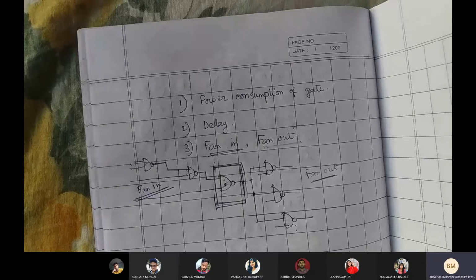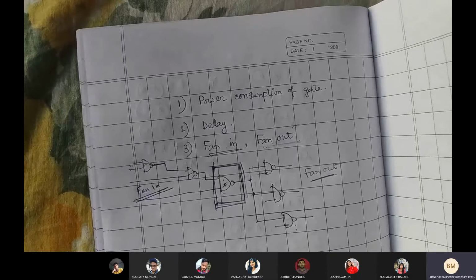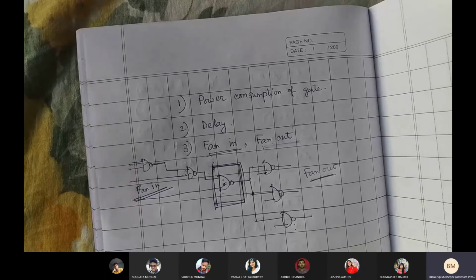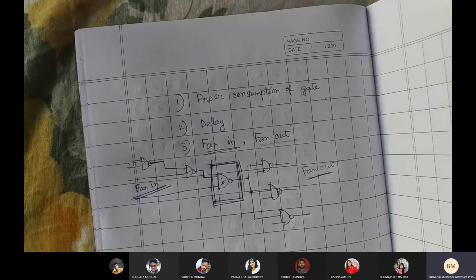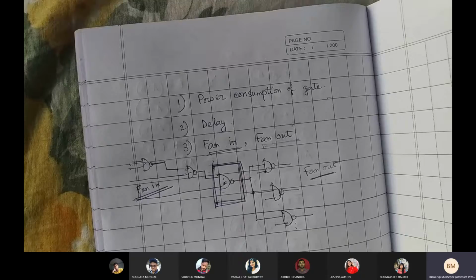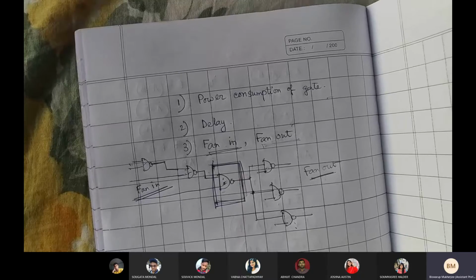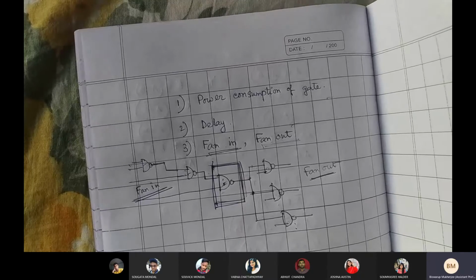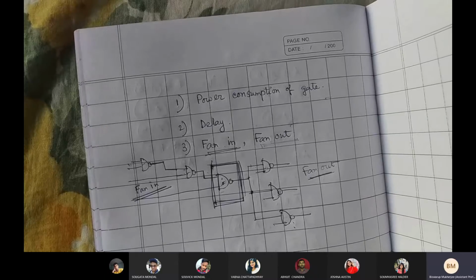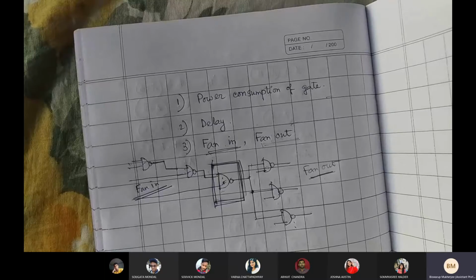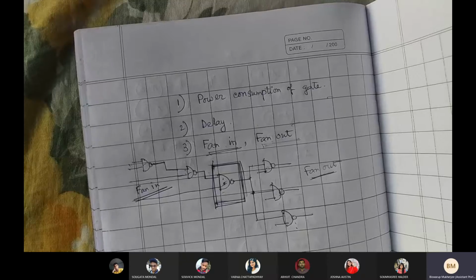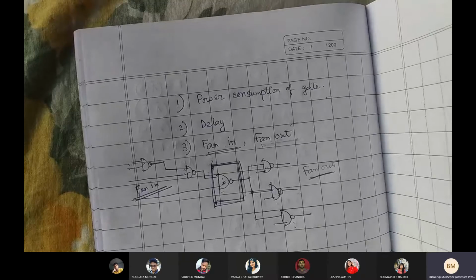Similarly, in digital circuits also, we try to make a circuit with similar kinds of gates. Similar kinds of gates will provide me a better response. Better response in terms of power consumption of the entire circuit, better response in terms of delay, and better response in terms of area consumption of the circuit also. That is a different issue. I am not going to discuss it right now because you will not understand area consumption right now.